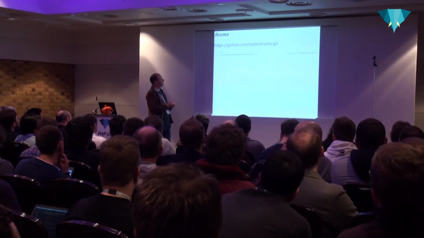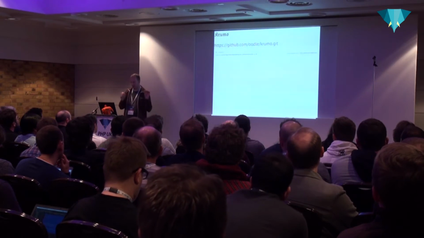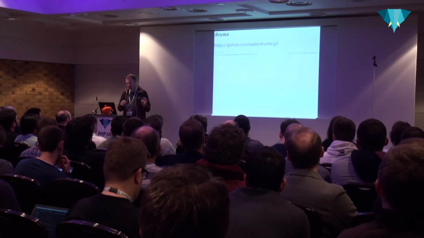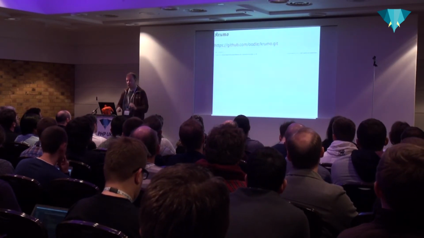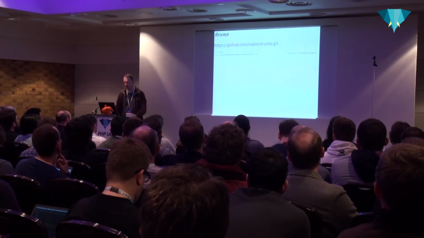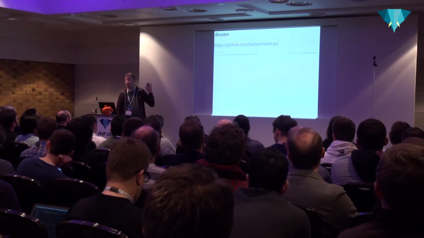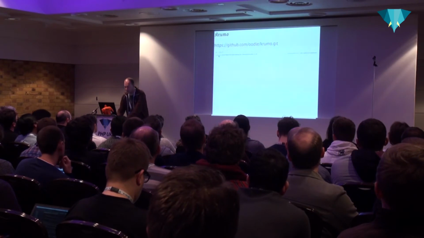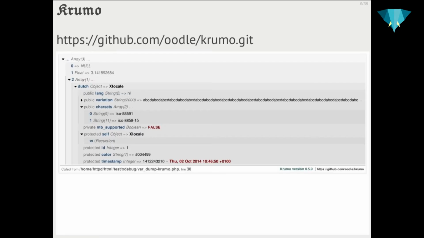There are better variants, and I know this is really small, but it runs in an iframe, and I really can't make it bigger. I tried, and when I do, the whole layout goes away. So I'll just describe what it says. This is a tool called Crumo, and Crumo enhances it by opening and closing things. There's an arrow here, and then a few dots, and it says array 3, meaning that it's 3